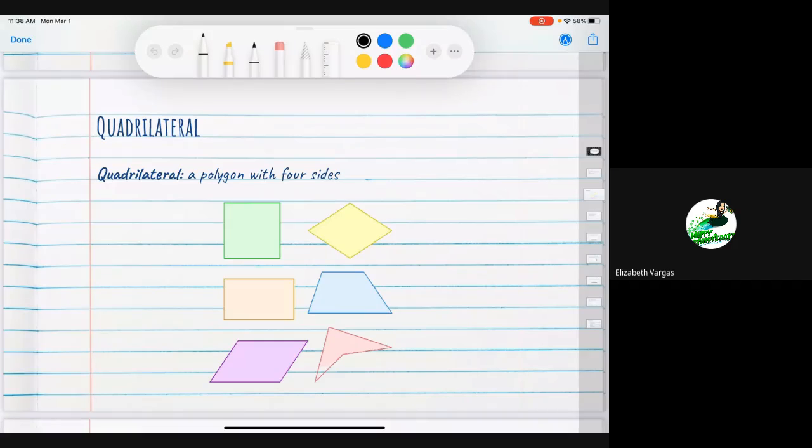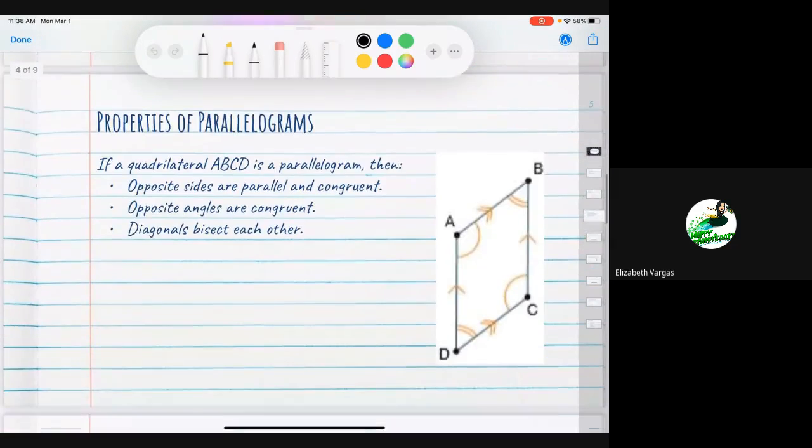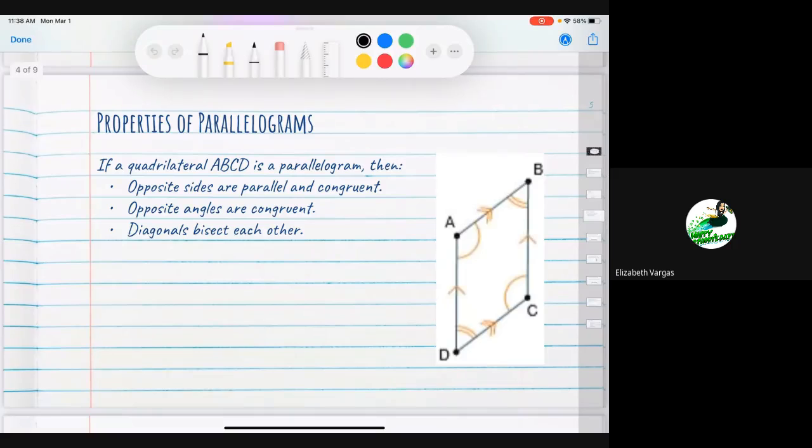So yes, all these different figures have four sides. So what we want to be able to do is prove that a quadrilateral is a parallelogram. And so we're going to remember our properties of parallelograms. So if a quadrilateral, for example, this figure here, ABCD, is a parallelogram, well, then it must follow the following